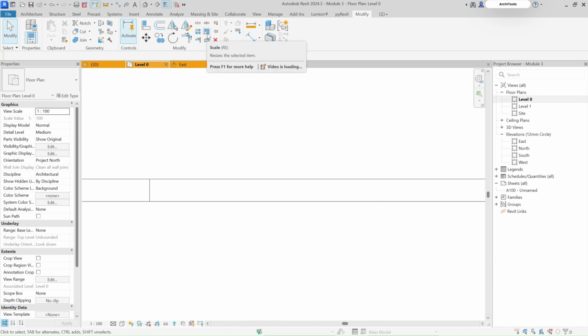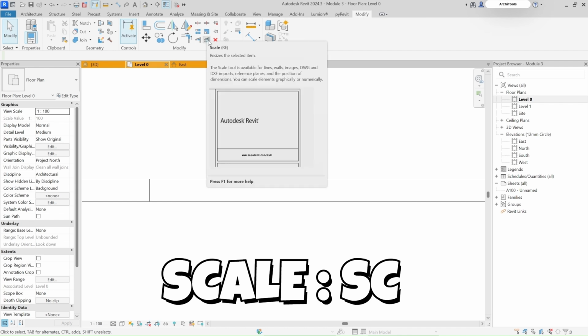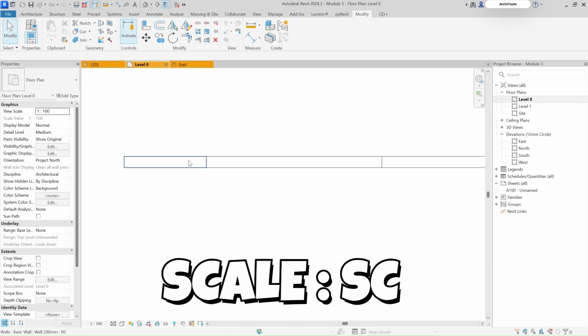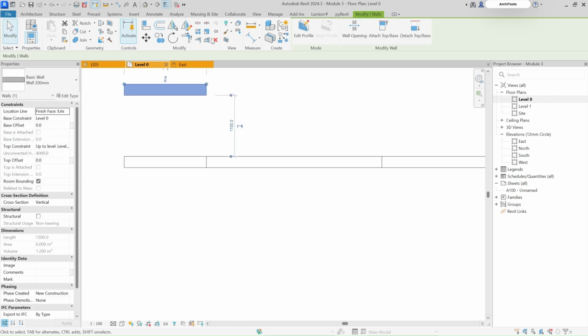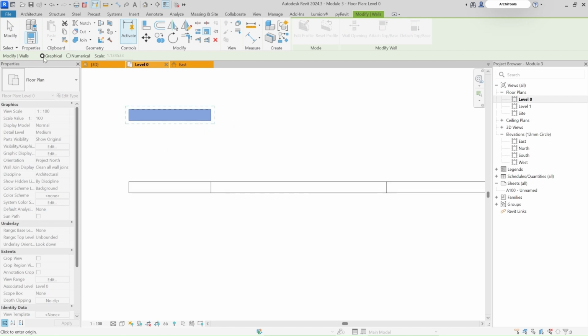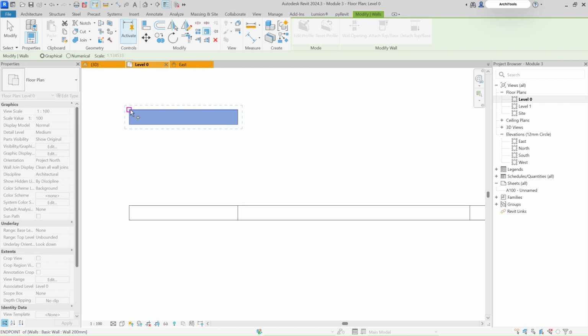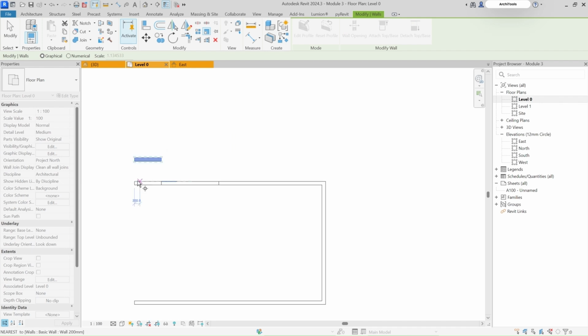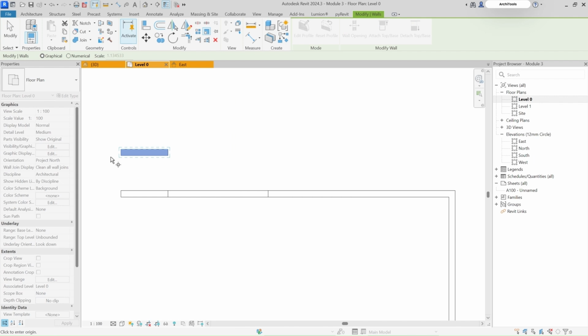Array we have discussed, and next option is scale. So for scaling, I'll just copy this and I'll use this option. So we have two options for scaling. One is the graphical method. The graphical method would be, I will select 2 points based on the graph or visual which you have. Let's say I have this scale up and I want its length to be up till here. So the graphical method would be, I select this point, would be my starting point, and